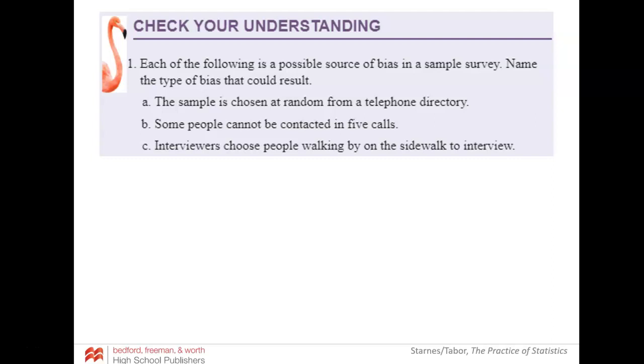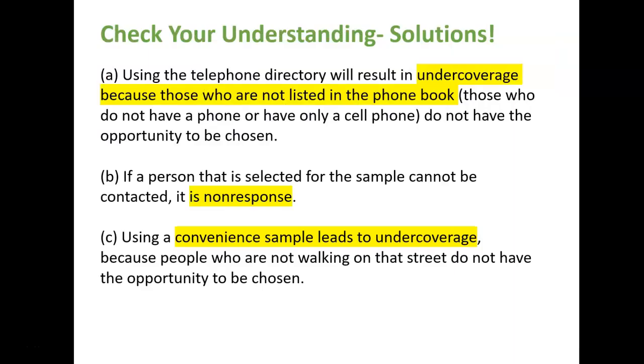And then interviewers choose people walking by on the sidewalk to interview. All right, so what type of bias did we just incur? So that first one, the telephone directory, is going to result in undercoverage because anybody who is not listed